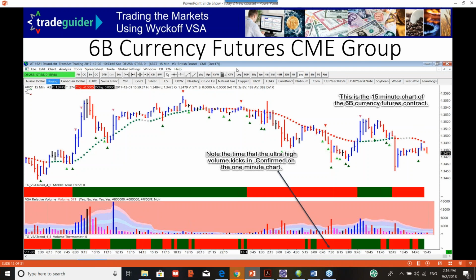You can see when ultra high volume comes in, this is in Central Standard Time, by the way, because my computer is set for Chicago time in the trading platform I use. You very often find that the big moves or the accumulation or distribution in these instruments will happen around 7:30 a.m. Chicago time, which is 1:30 UK time. And it's no accident that my big trades happen between 2 p.m. and 4:30 to 5 p.m. UK time. So in answer to some of the questions that came in on the email,